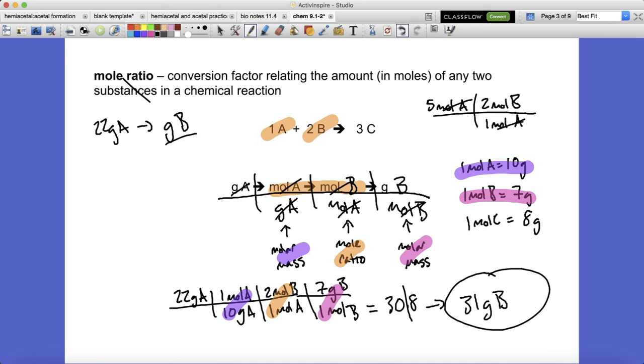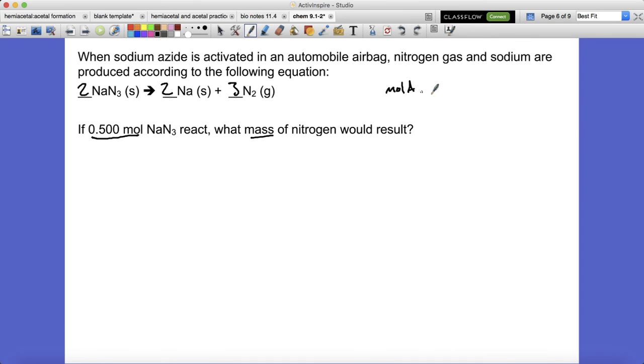So again, moles of A needs to be changed into moles of B. Then I can change moles of B into grams of B, into a mass of B. I'm trying to figure out what my work should look like. So I know since there's moles of A here, I should put moles of A there. Moles of B here, I should put moles of B here. And you should recognize from before, like I said, this is a mole ratio. So I'm going to use my balanced equation for that. This is a molar mass,